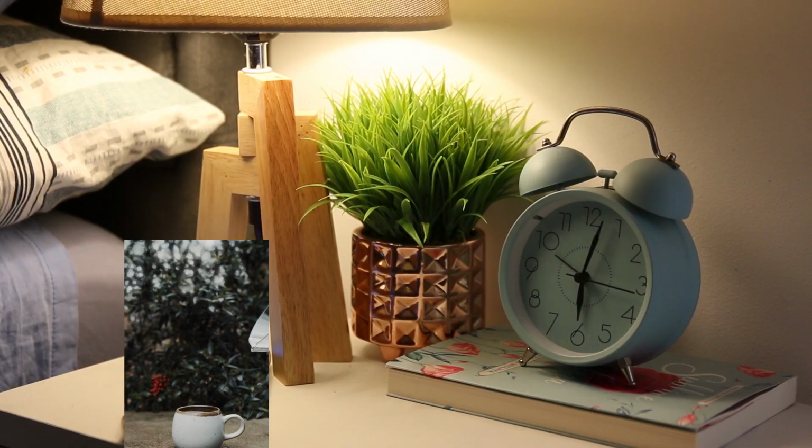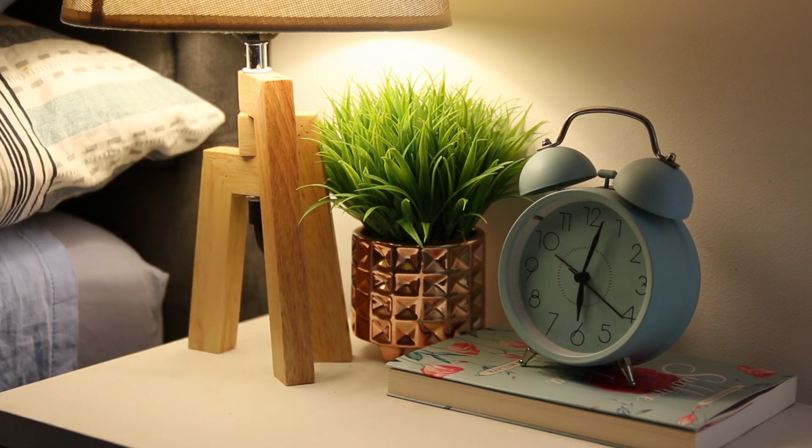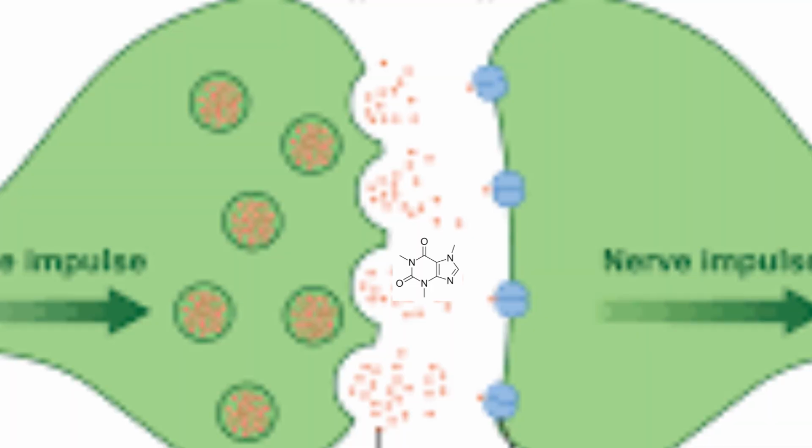And I know one thing for sure is that drinking coffee immediately before you go to bed is going to mean that it's going to be a lot harder for you to fall asleep. So if I ever do drink anything that's got caffeine in it, as long as it's 8 to 10 hours before I go to bed, then I'm sure it's going to be all right. That's just one small piece of generic advice I'd give to anyone that does drink coffee, so that you're not going to decrease the amount of things like REM sleep, deep sleep, and all that sort of stuff that caffeine does when it's inside your neurotransmitter systems, your synapses,